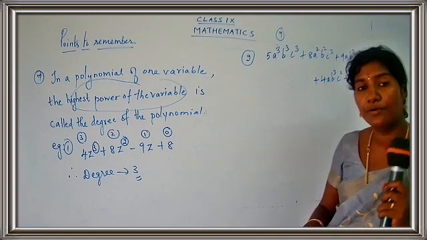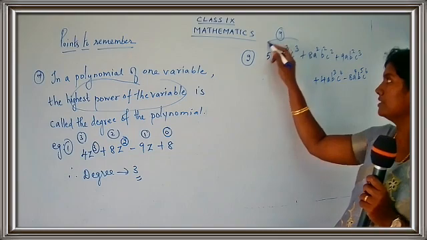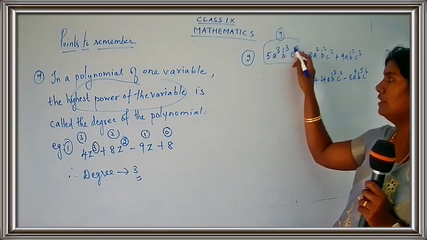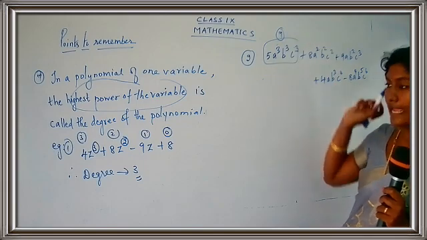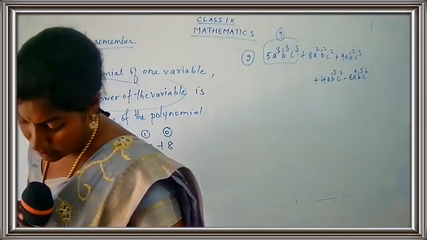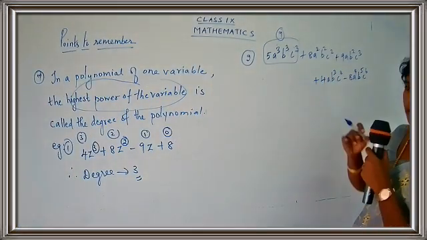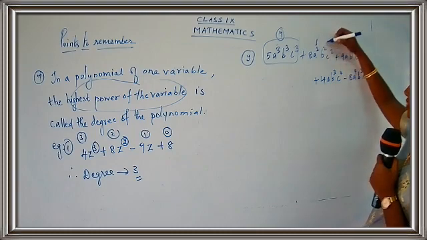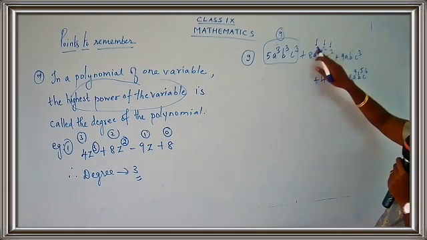So how are you going to find out the power? By adding all the powers. This is one term. So you are going to add all the powers: 3 plus 3 plus 3, so the answer is 9. Okay, so I have found one power. Now let me go for the next one. Let me add the next term's powers. What is the power here? It's 2. What is the power here? It's 2. What is the power here? It's 2. So add all the three powers.